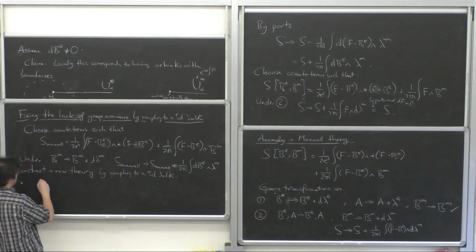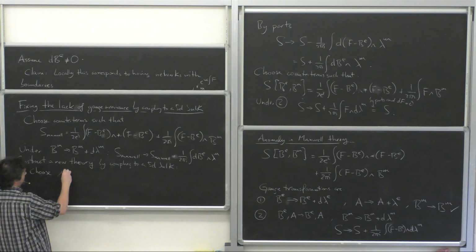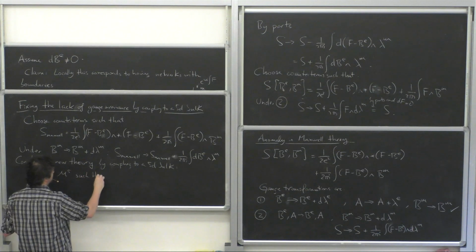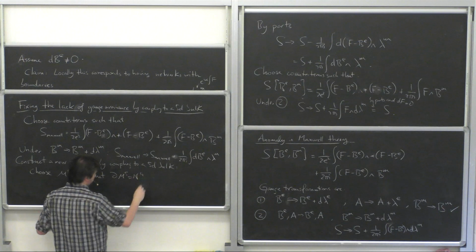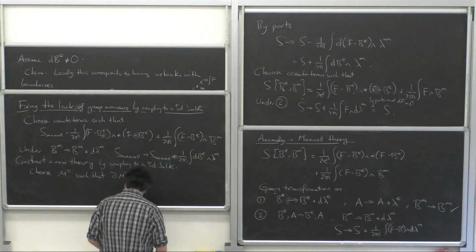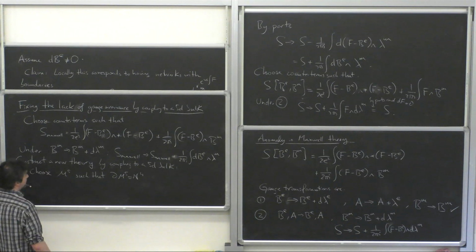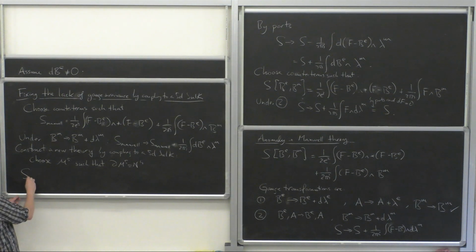So choose some M5 such that the boundary of M5 is N4. And we write the following: